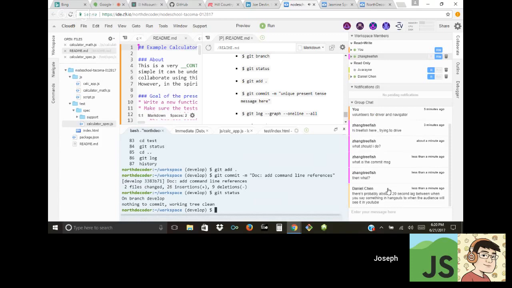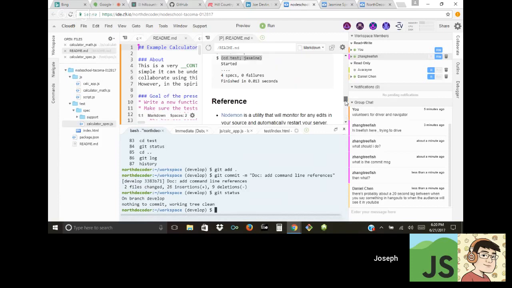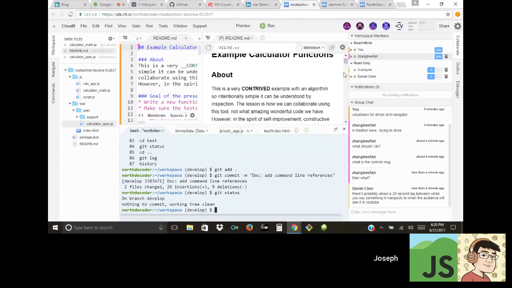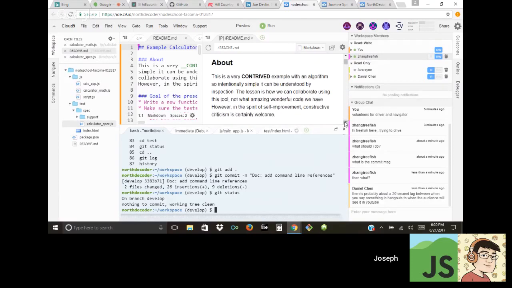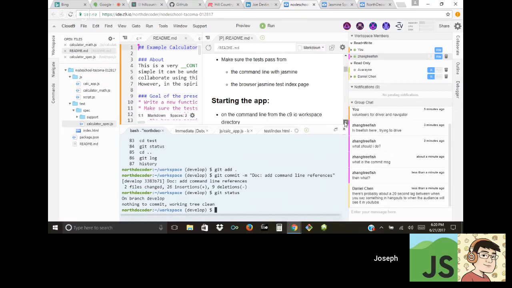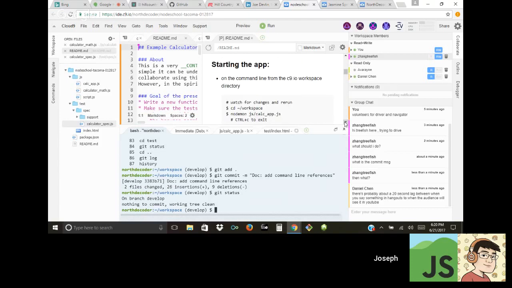Great. Okay. So let's look at our README and just make sure that we understand some parts of the program. Our goal is to write a new function for the calculator and write some tests to pass. So you might wonder where the tests are. If you look over on the left-hand side in the tree structure, there's a